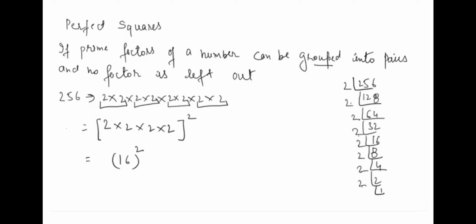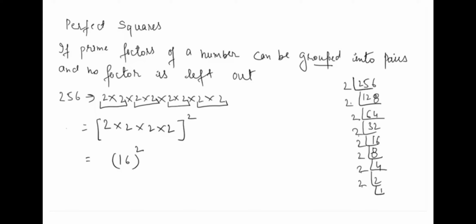For example, I have given here an example. Suppose we have to find whether 256 is a perfect square or not. So first of all, we find the prime factorization. That means prime factors. We use the method of how to find the prime factorization. You know that 256, we will start by 2, it will be 128, again by 2, 64. Everyone knows, students. Actually we are going to revise this chapter, so everything you know. In the revision I have given some important topics only.